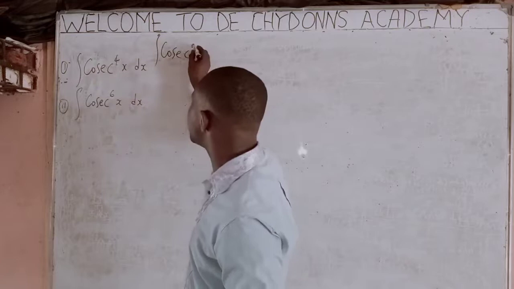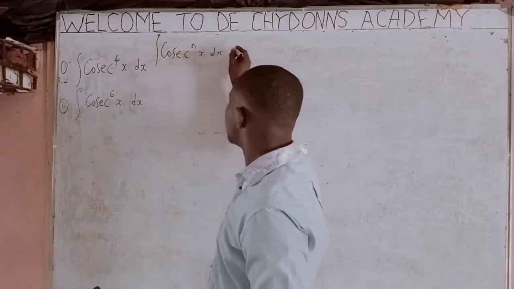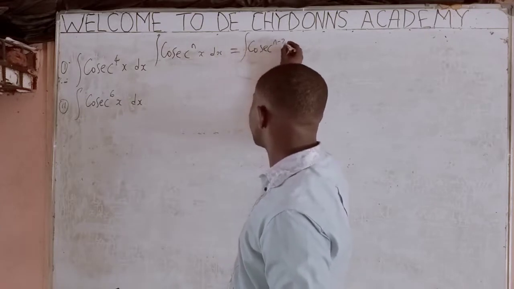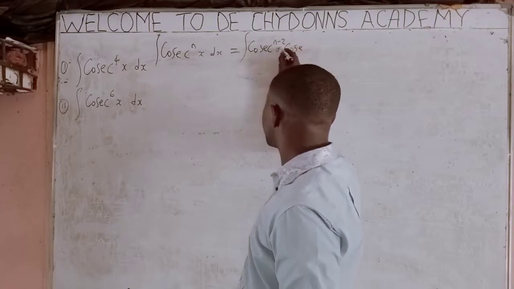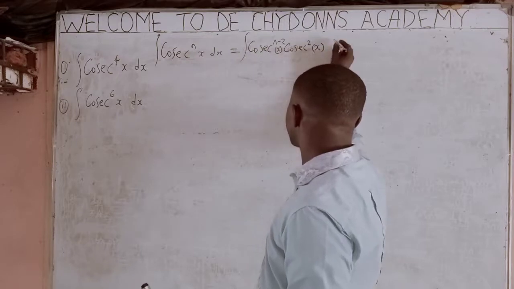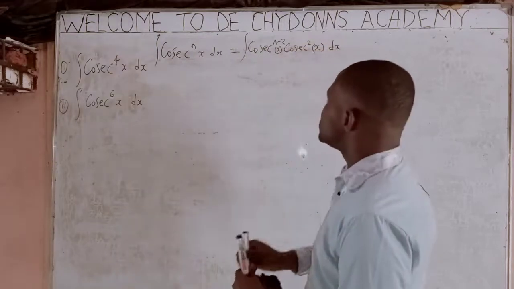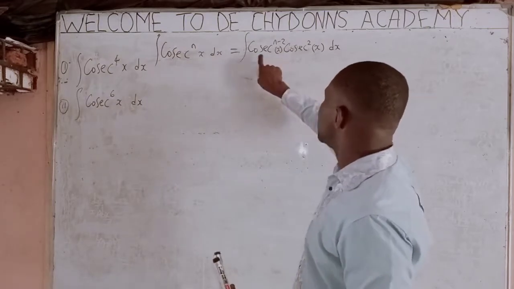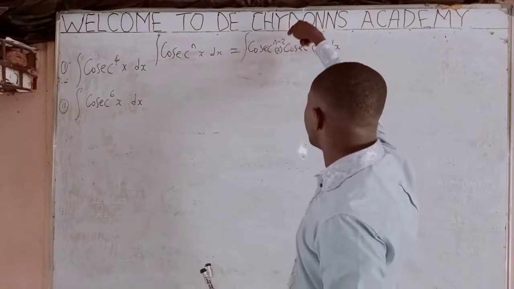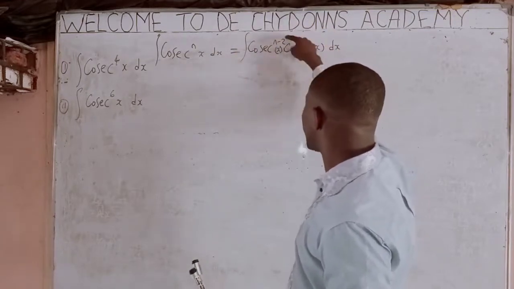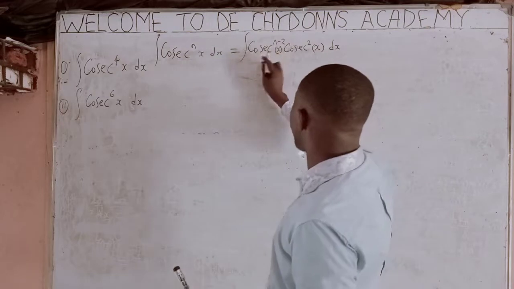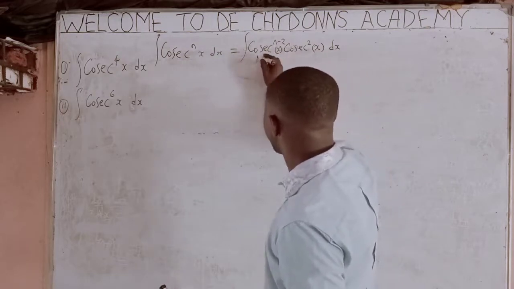let the power be n. This simply means yes, this is equal to this. Why? This is cosec x, this is cosec x. So the power is 2, the power is n minus 2. So if you take their common base from law of indices and you add the power, it will give you power n. We say also that this, from our product rule, we say that here is our u and here